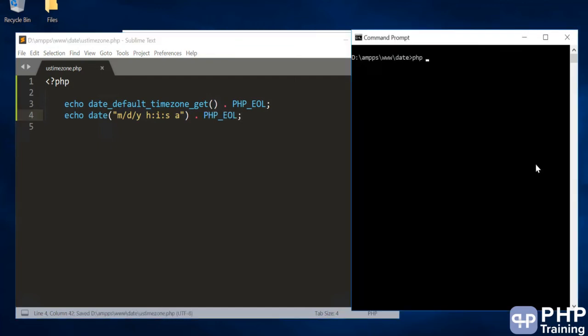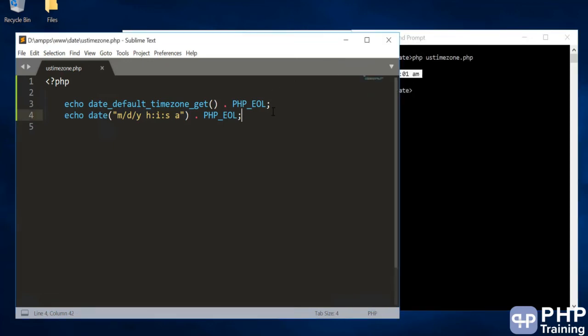Let's print this first. So it's UTC and that's our time.